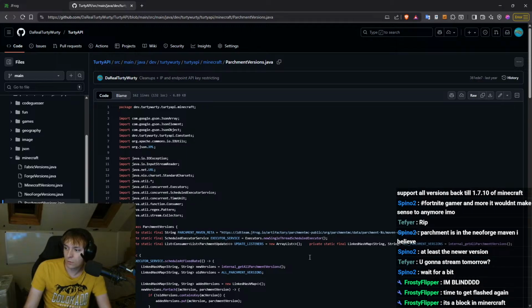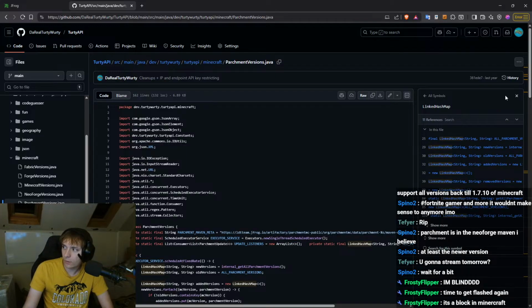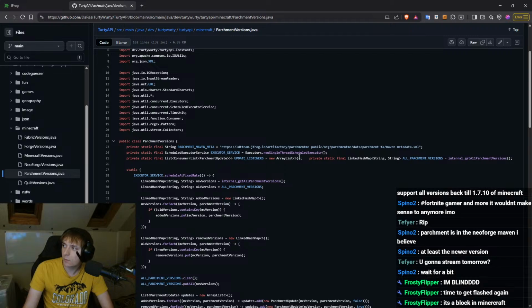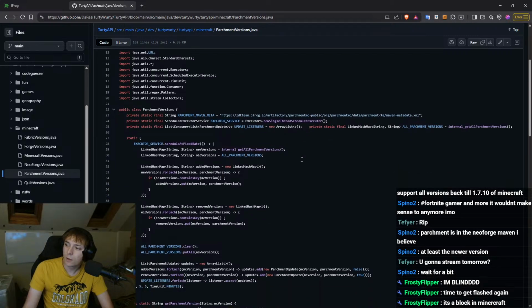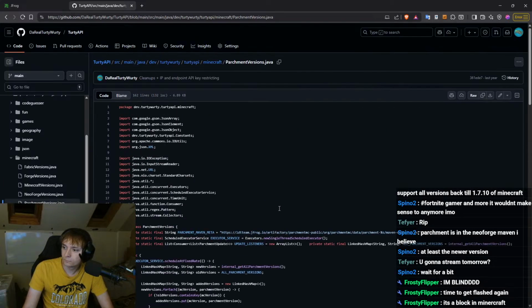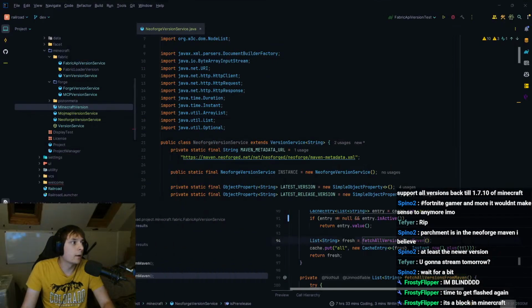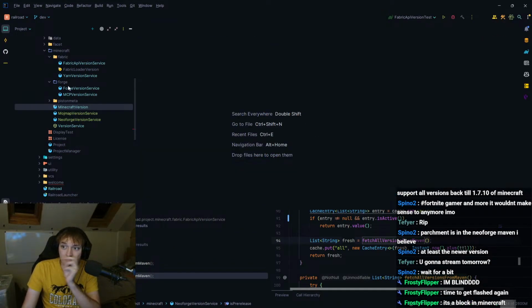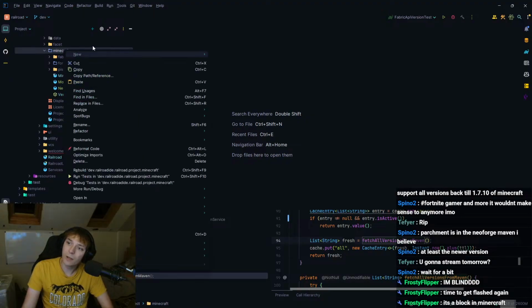Wow. You actually have to go into the specific Minecraft version to get the Maven metadata. Why is it like this? Did I do this? I must have done this. Why did I do that? I didn't mean to do that. That's so bad that you have to do that. Like, oh my god. Fine. We have to do that, apparently. We're not going to have time to do that today, because that's going to be a pain in the bottom. Well, actually, it won't be that bad, but...